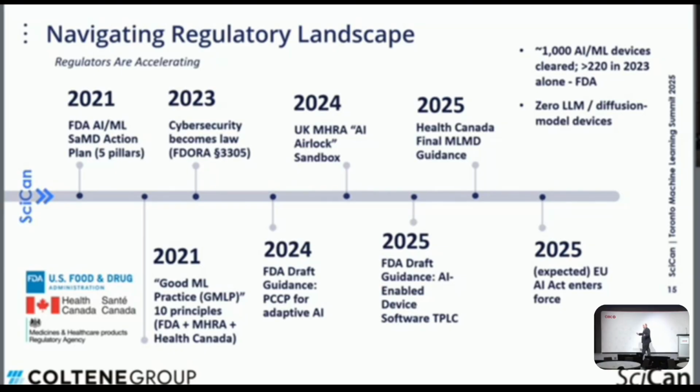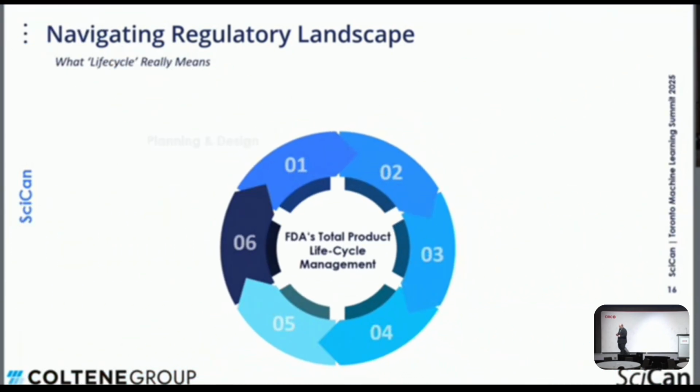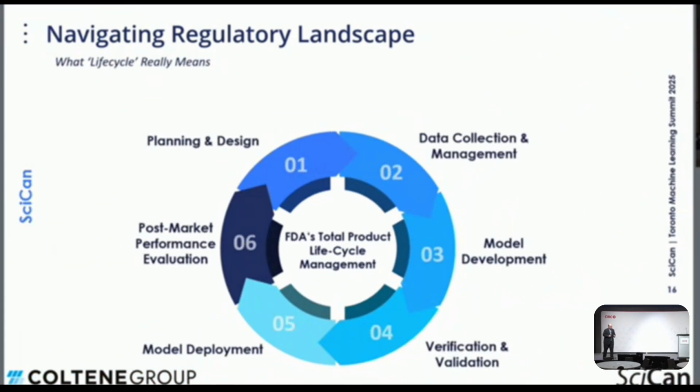So if you look at how the world is converging, we can see that they are all going toward what FDA published as total product lifecycle management. People in the medical industry are already familiar with this concept when they are releasing software to the market. And FDA is saying it's the same playbook, it's the same checklist. You need to go through a cycle from your design to the retirement of your model. And you need to have rigorous documentation. You need to assess and mitigate risk. And you need to keep monitoring your model's performance